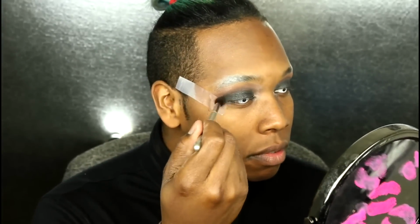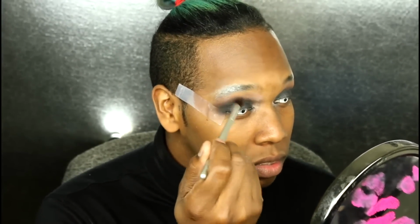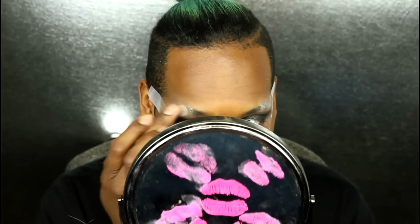Now we're going to go into the blackest eyeshadow that I own from Emmet Cosmetics called Dams, and we're going to apply that all from the outer area, just blend it up towards the brow, and we're gonna blend that for a long time, I felt like, because we got to get it right. So we blended it for a minute. Now we're gonna go back